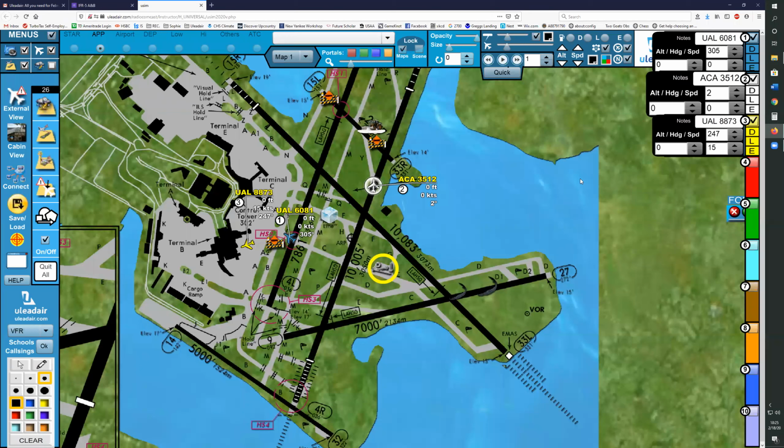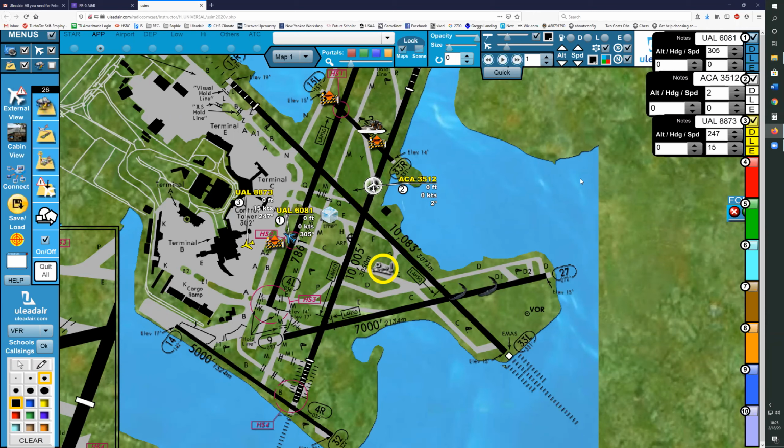Tower, Air Canada 3512. We have on Yankee, we have a towing in the taxiway. Towing or close the. Tell them that at the far end of 4 right, you see some deer.